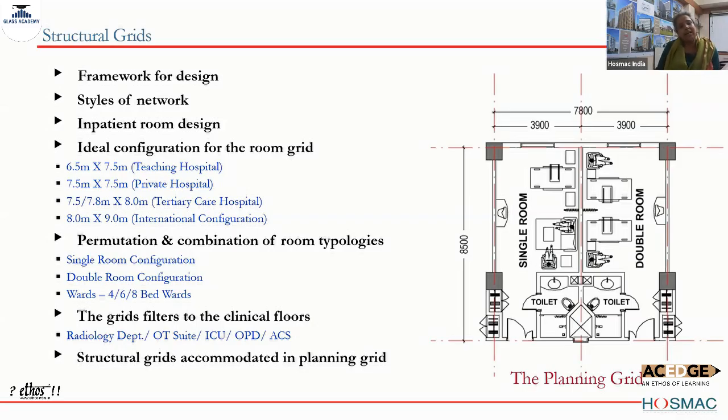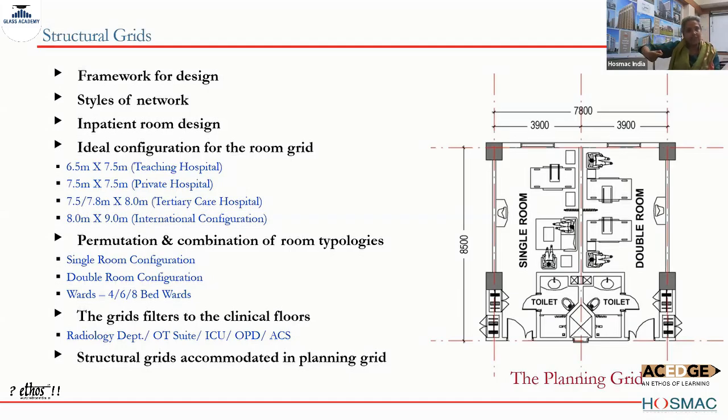If a hospital, we say, has 500 beds, it only means that there are 500 patients who are staying in the hospital. Whichever patient is a day patient, comes in, gets chemotherapy done, dialysis done, endoscopy procedure conducted, and leaves the hospital in the evening, he doesn't get admitted, is not an inpatient. Okay? So the inpatient bay decides the grid, and as it filters down, we usually do a second check